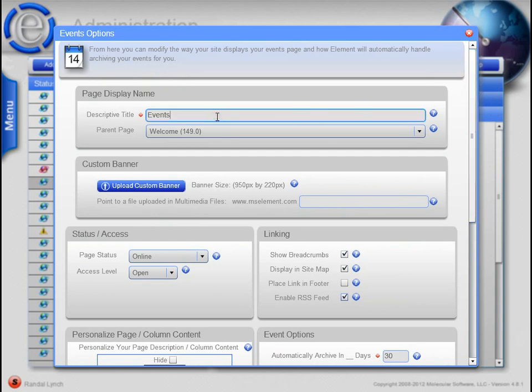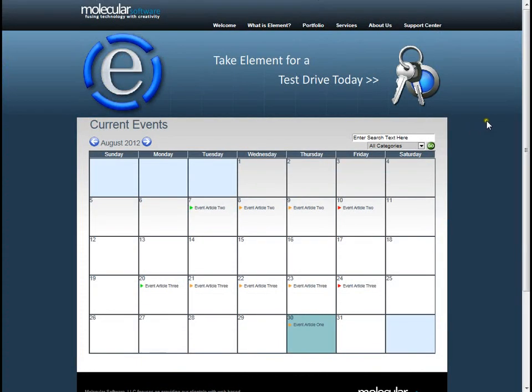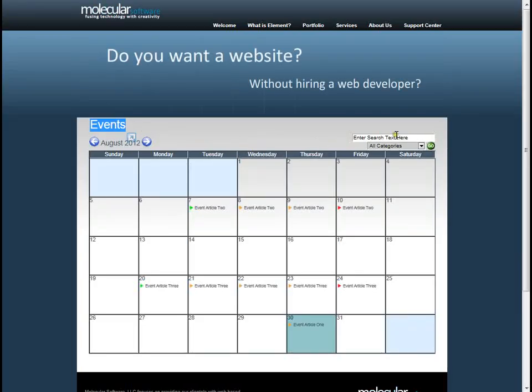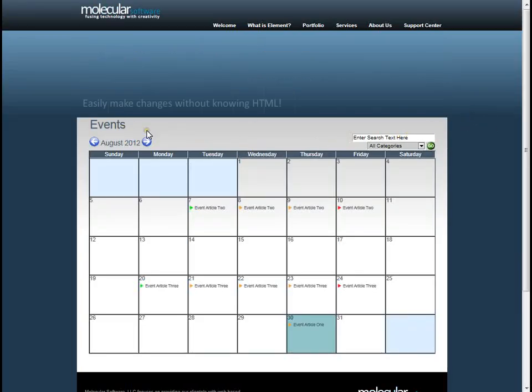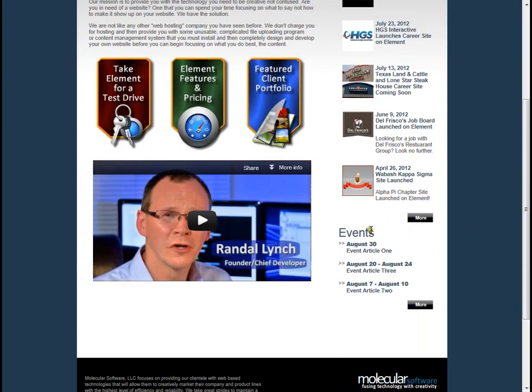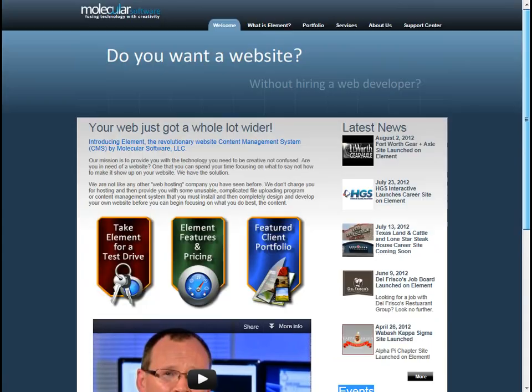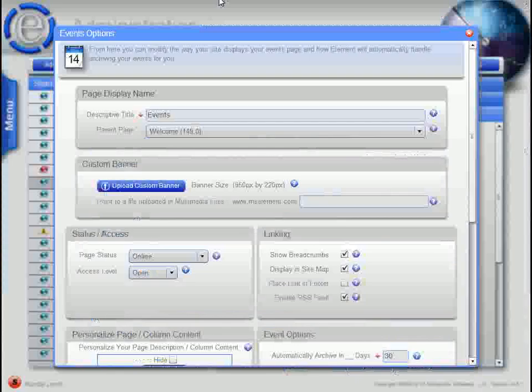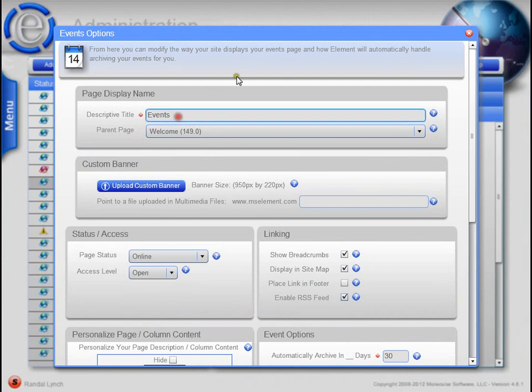A descriptive title is the first input field, and what the descriptive title does for us is it gives the name that you're going to have on your events page. It will also be used if you have an events listing. It'll be the heading for that events listing. So if we change this to, let's say, Current Events,